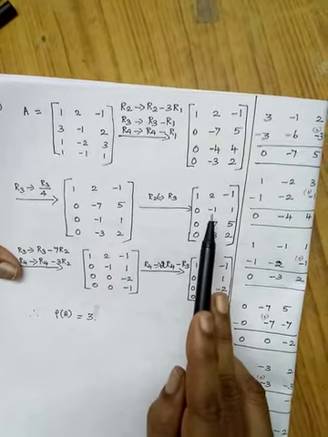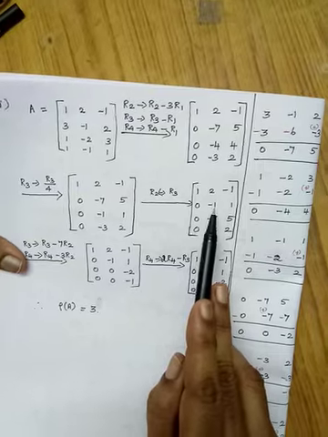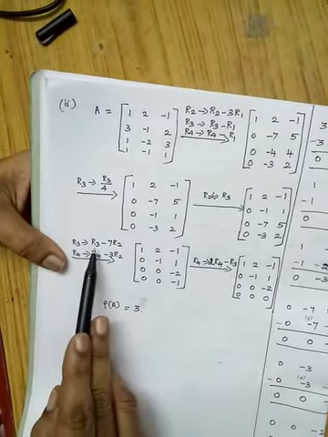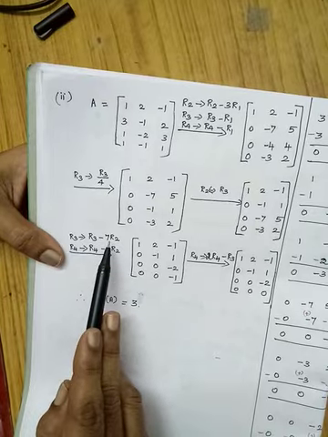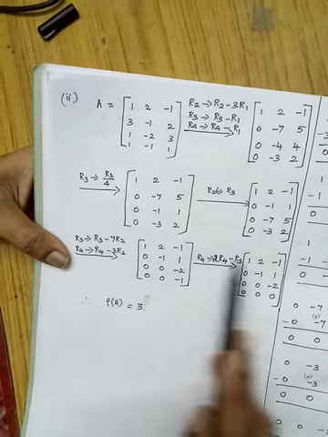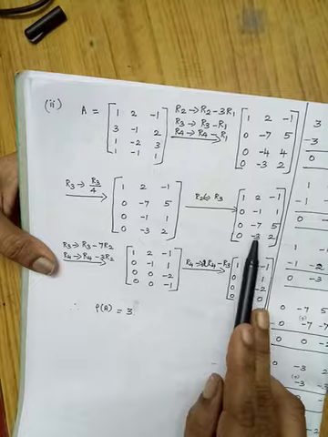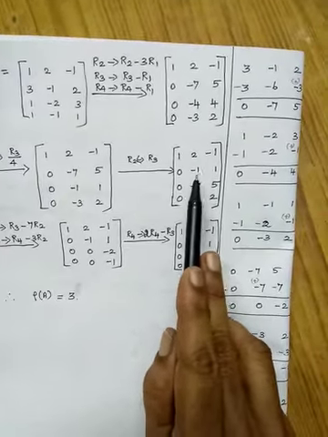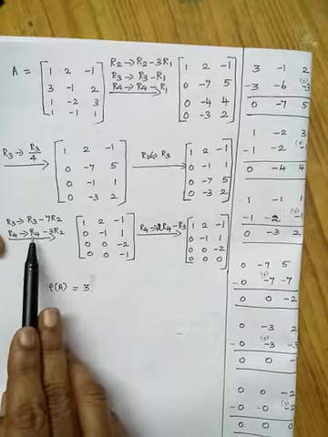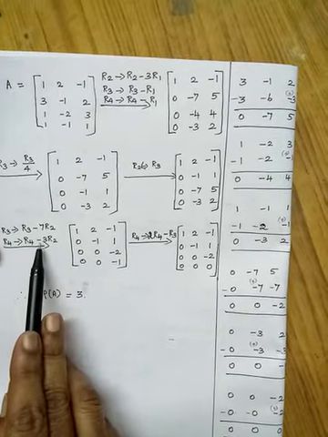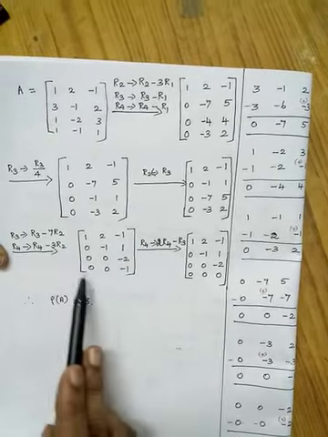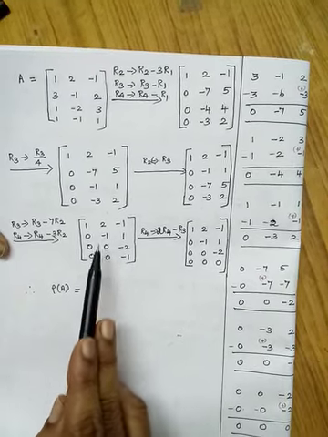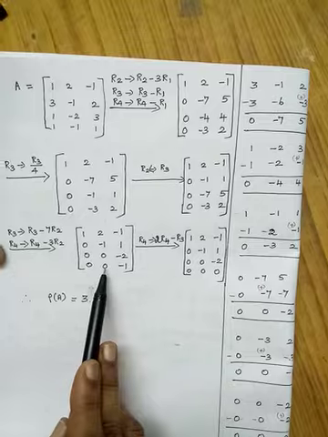Here you are having minus 1, here you are having 1. So this has to be multiplied by 7. So the transformation is R3 implies R3 minus 7 R2. Here in R4, we have to make this element 0. Here you are having minus 3, here you are having minus 1. So it has to be multiplied by 3. So R4 implies R4 minus 3 R2. So you are getting the second row's first non-zero entry, and below that these 2 elements are 0.